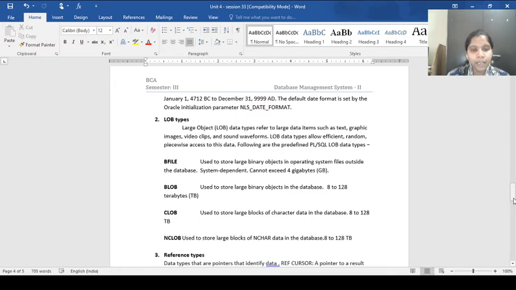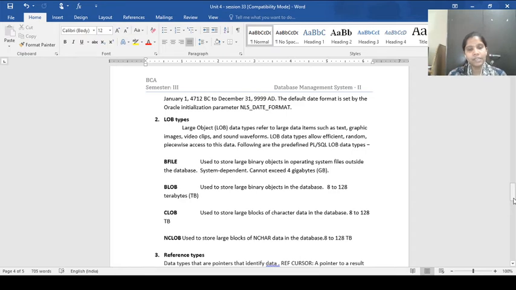The next subtype which comes in the LOB types is BLOB, which is used to store large binary objects in the database and its size ranges from 8 to 128 TB.